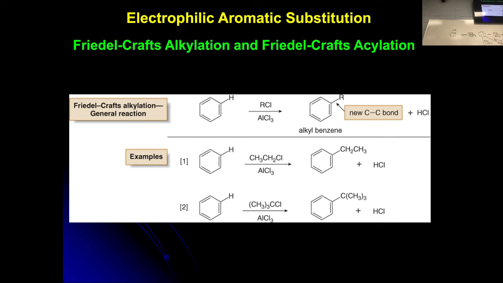Why is it a Lewis acid? Aluminum can accept more electrons. Why can it accept more electrons? Aluminum is up here, and it's got 3 chlorines around it. It doesn't have an octet of electrons, right? So aluminum trichloride is going to function as a Lewis acid,